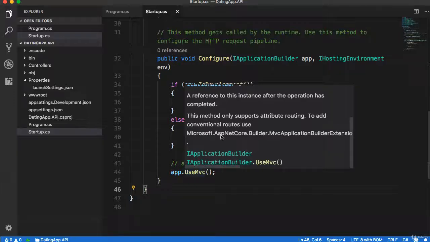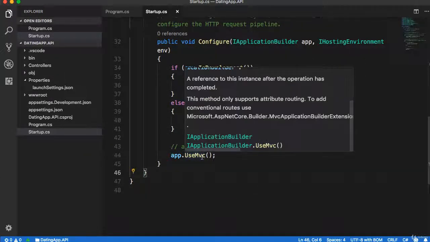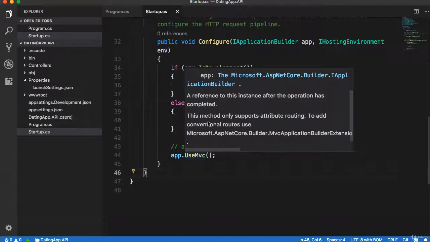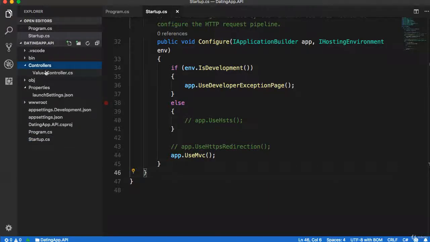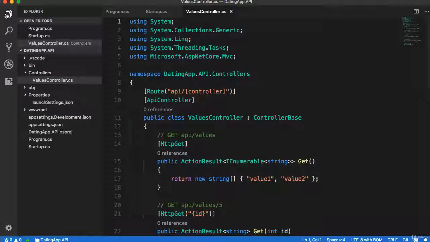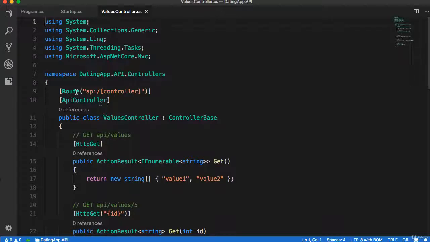Now, if we take a brief look at the description of this particular method, it mentions supporting attribute routing, and to add conventional routes use a different method. But we're going to be using attribute routing in our application. And what does that actually mean? Well, in our controllers folder that we were provided as part of our project, we have a sample controller called values controller. And if I open this and we take a look inside this controller,